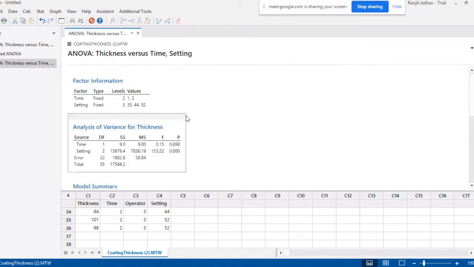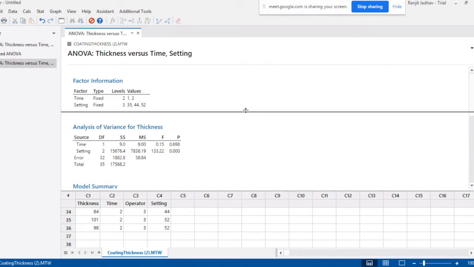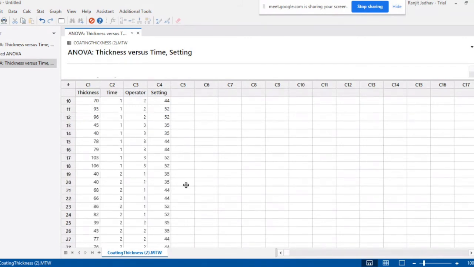Okay. Any other question? Sir, this balanced ANOVA, when do we go for it? Generally we do a systematic study, first 3 experiments in one setting and next in another setting. No, this balanced is when your data is balanced. So here we can see time, how many readings are there for time? 18. 18, yeah. And the second is 18. Yes, so that is 36.